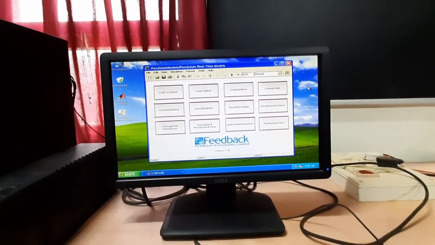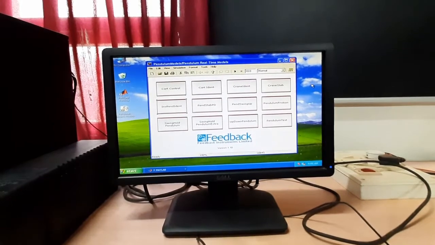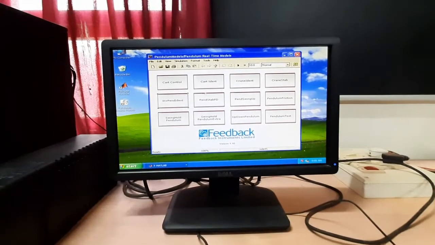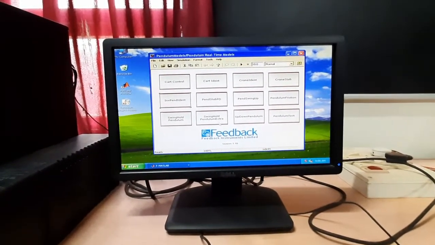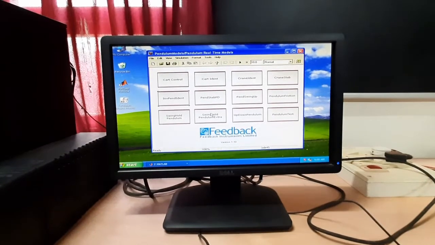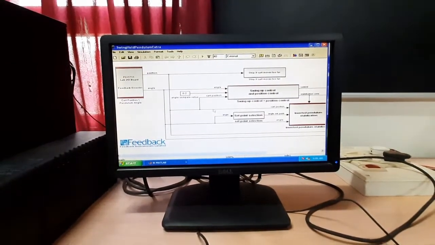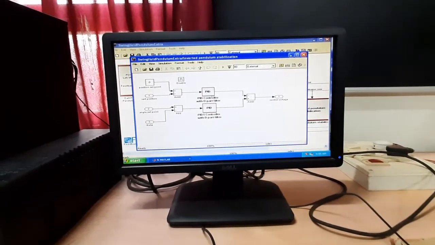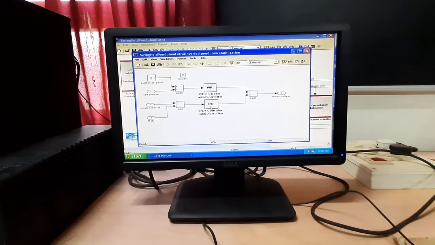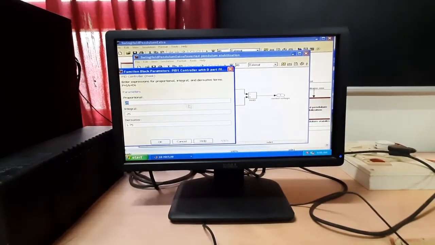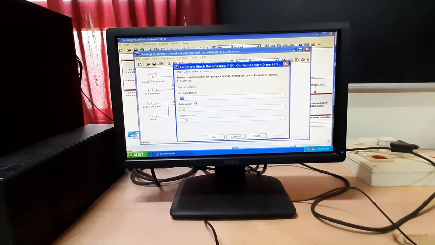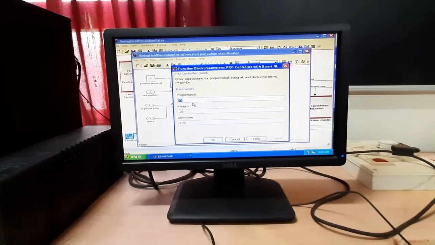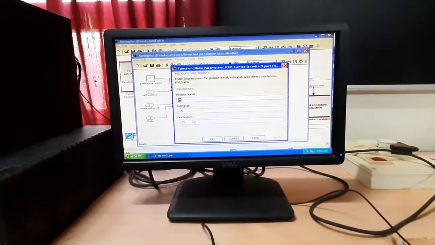So next, after finding the PID values from the inverted pendulum identification process, we have to do the swing halt pendulum extra. We have opened it. At this point, we have to apply the PID values which we got in the inverted pendulum identification process.